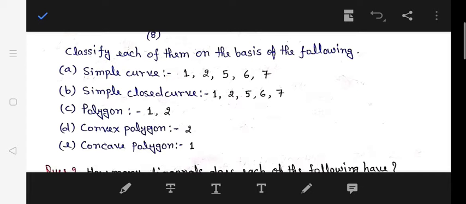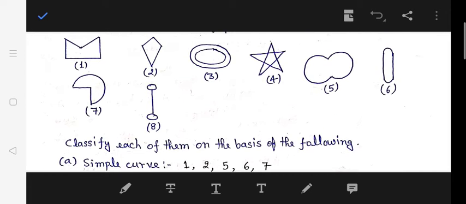So here I have given the answer also. Simple curve: first I am going to explain what a simple curve is. If you draw a curve which does not cross itself, it means that curve should not cross itself, and the starting and ending point may be the same. That is called a simple curve. So in the first diagram, that is a simple curve. Here it is not going to cross itself. Second is also a simple curve, that is not going to cross itself.